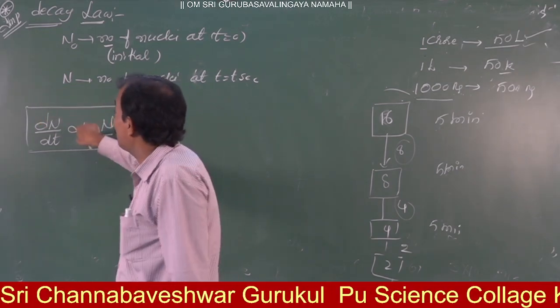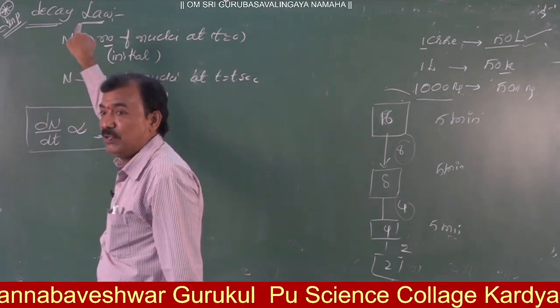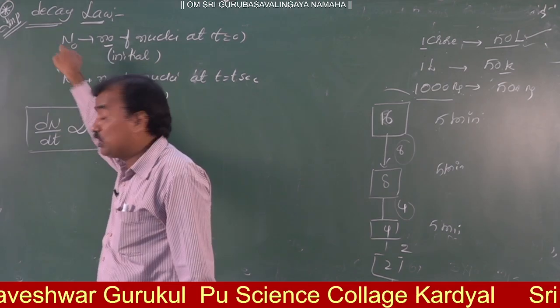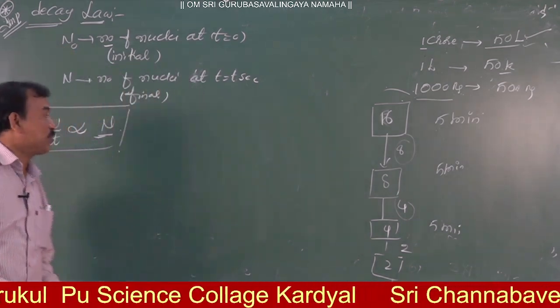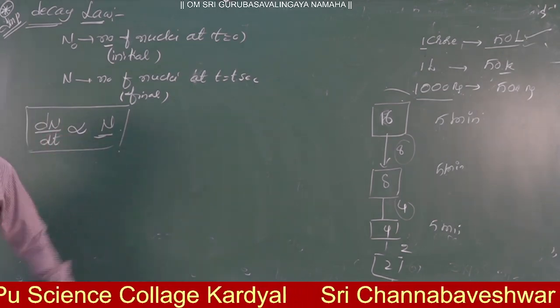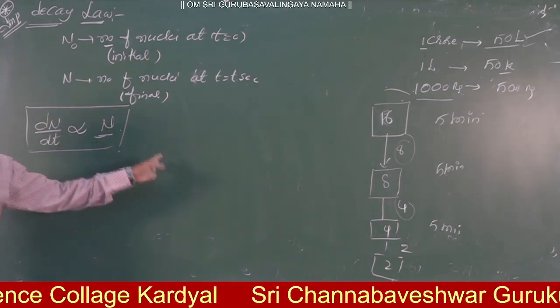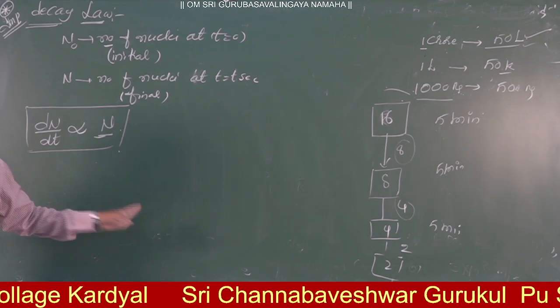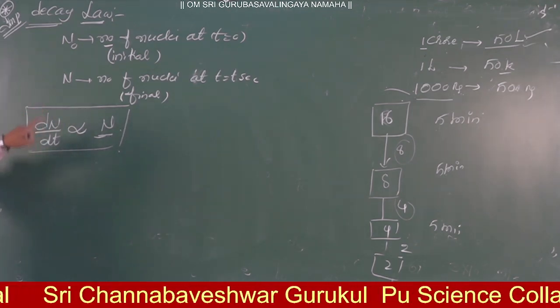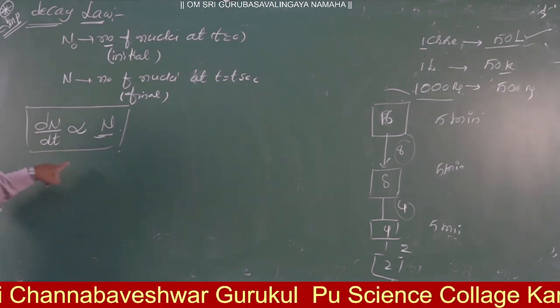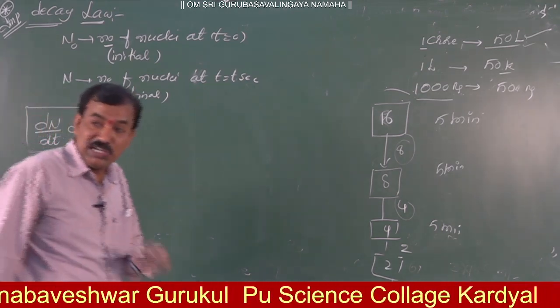Okay, this is known as the radioactive decay law. So it is independent of physical conditions, maybe pressure, temperature, chemical composition also. Okay, it is independent of temperature, it is independent of pressure also here. Okay, so dN by dt is proportional to N. What is the statement? The rate of disintegration